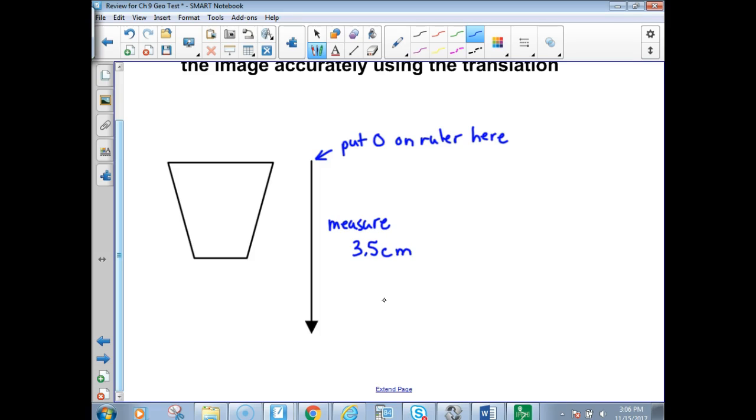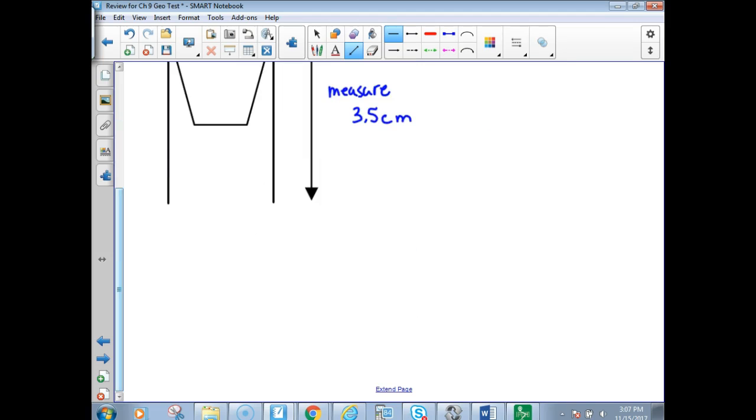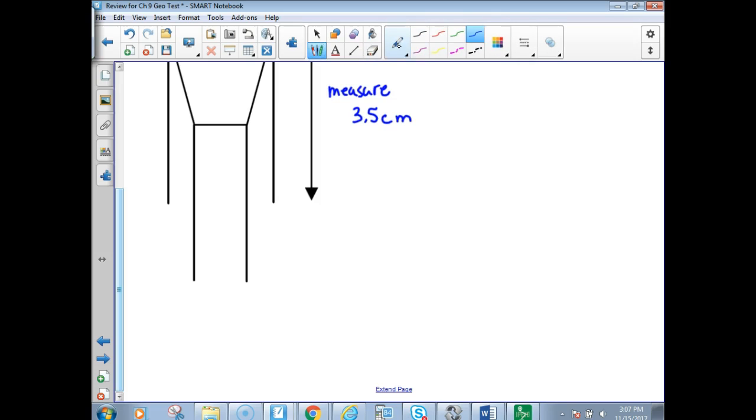Okay, so what you do then is you slide over. Okay, and you go the same distance straight down from each corner. Okay, so you're going to come straight down that distance from every corner. You can draw the little lines even. I believe I have to kind of extend my page also to get it to look right. You're measuring from every little spot 3.5 centimeters. Once you do that,